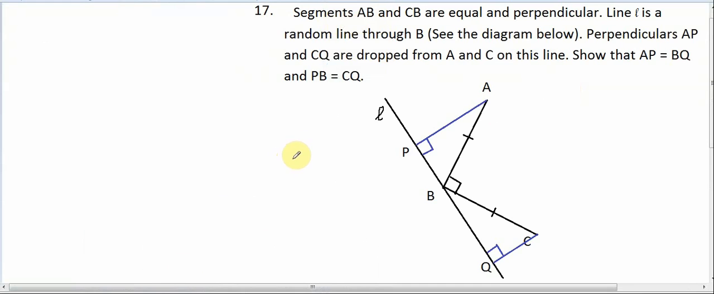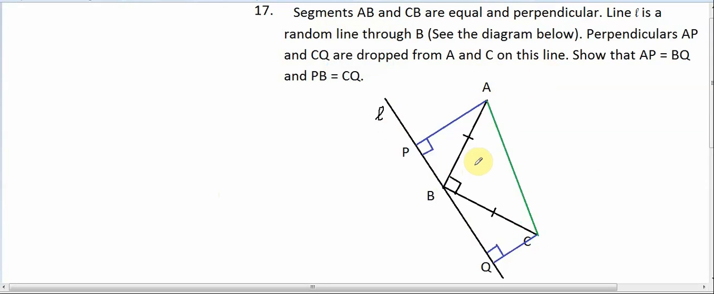So how do we show what is asked? How do we show AP is equal to BQ and PB is equal to CQ? Let us consider the diagram. In this diagram, what we do is we connect AC. Let us connect AC. We connect AC like this,